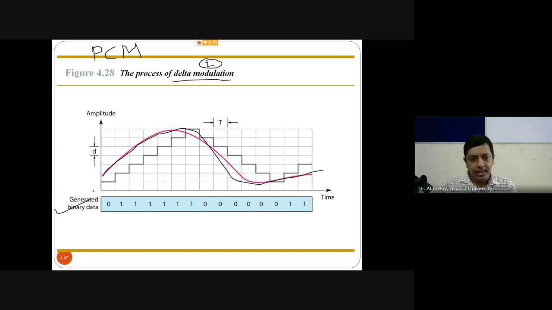Considering this as reference line 0, for a higher positive side signal use a level. Again for the next positive side signal use the next level. Since it is on the positive side, up to this position it will continue using a kind of staircase. In delta modulation, for a continuous positive signal it will use a higher step. When it reaches this position, it will see that the value is decreasing.